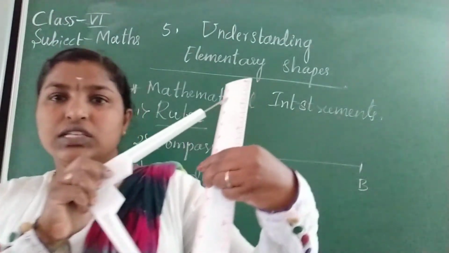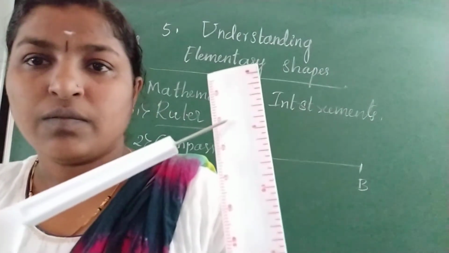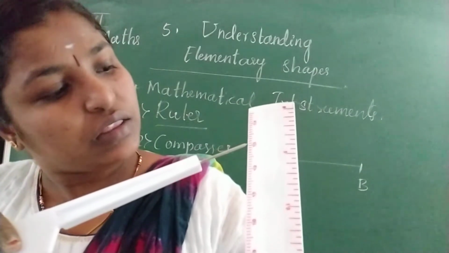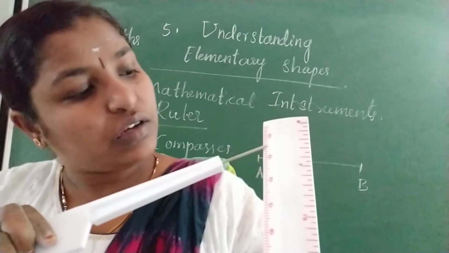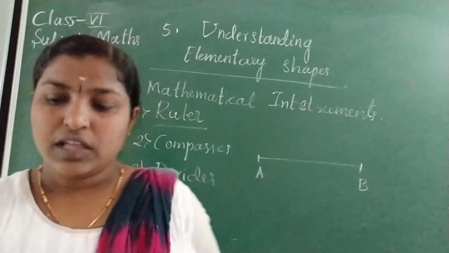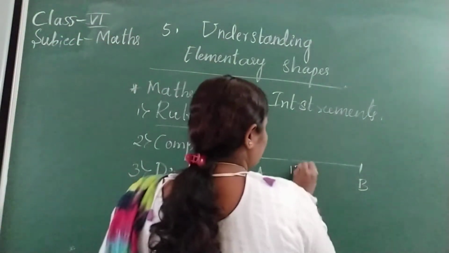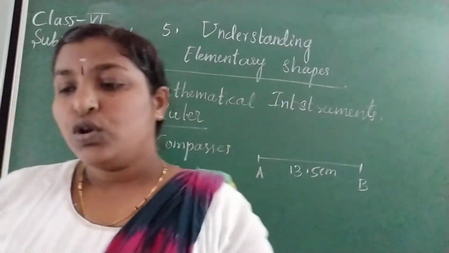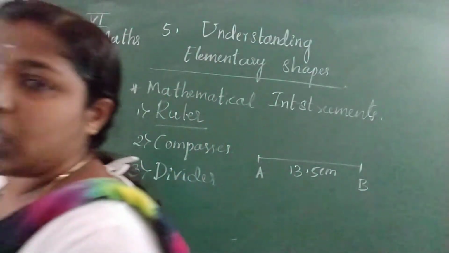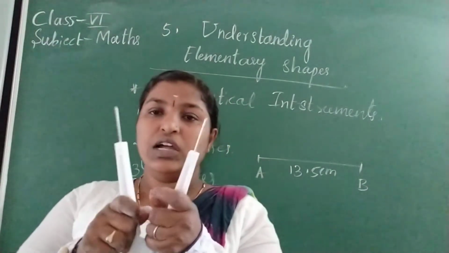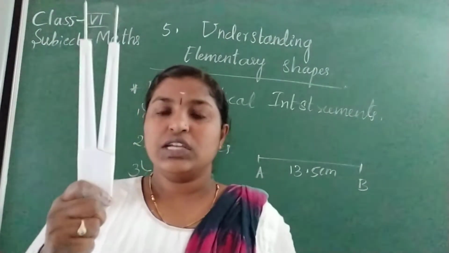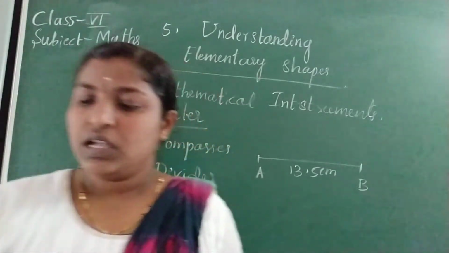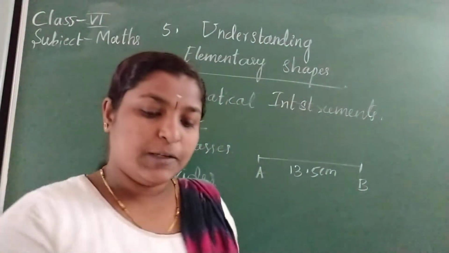You can see this. It is here. So what is the reading? 13.5. So the line segment is 13.5 centimeter. So to measure the line segments and rays, we will use the dividers. So this is divider which is having 2 sharp points. Next instrument is